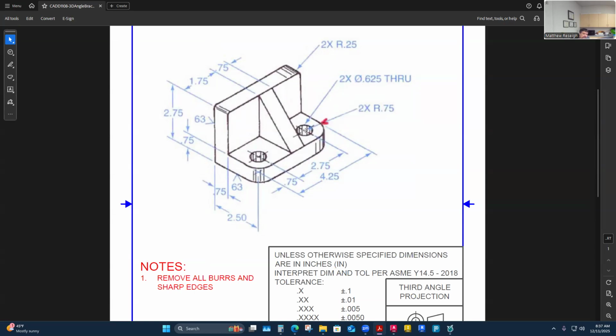I do think these are concentric. So I think it's actually 3/4 by 3/4 is how this is put in. And that puts kind of a concentric relationship from the center of the radius edge to the hole center. So if that's what you did, I think you did it right. I think it's a little bit unclear unless it had a concentric symbol or something, but I'm going to do it that way. 3/4 by 3/4. So I'll just draw in some endpoints to make those circles